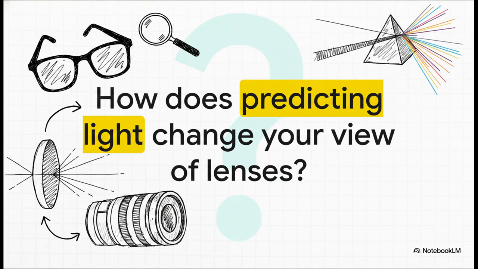And that brings us to the end of our journey today. From the predictable bouncing of reflection to the fascinating bending of refraction, you've just unlocked the hidden geometry of light. So I want to leave you with this final provocative thought. Knowing that you can now predict the exact mathematical path of light, how does that change the way you look at the spectacles sitting on your face, or the magnifying glass in your drawer, or the incredibly complex camera lens built right into your phone? It's not just magic, it's physics. It's happening all around you, all the time, right in front of your